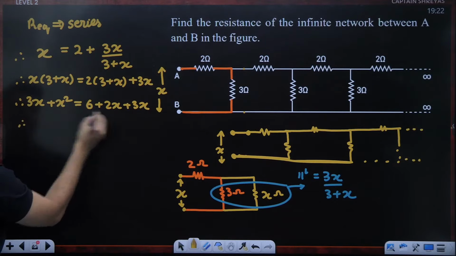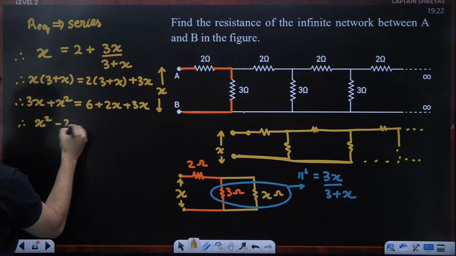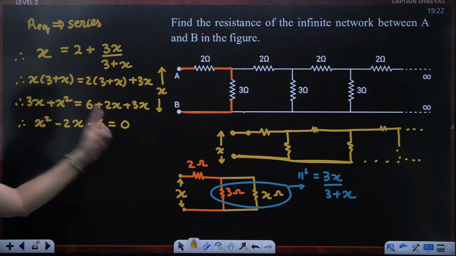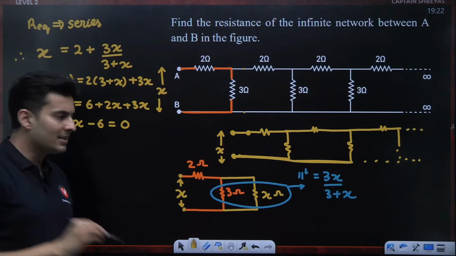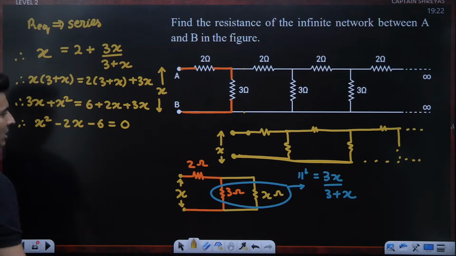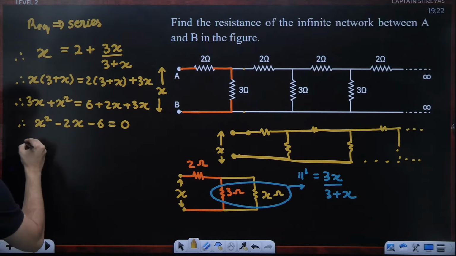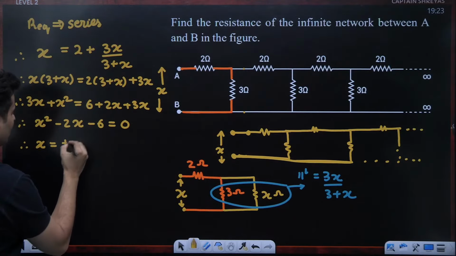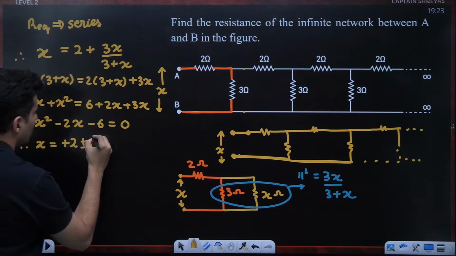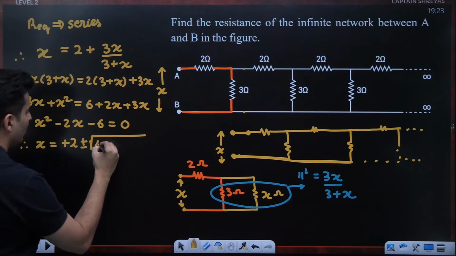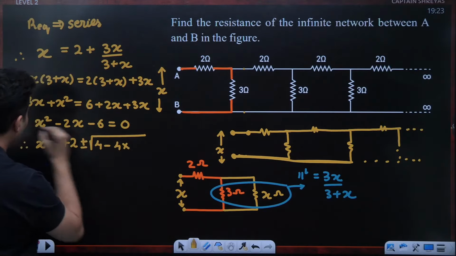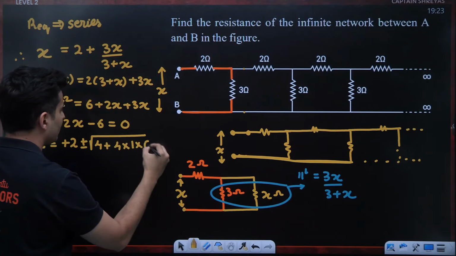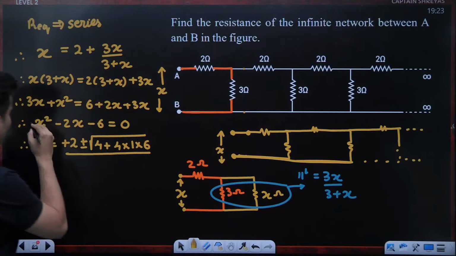3x cancels, 2x comes on the other side. So x square minus 2x minus 6 is equal to 0. This is the quadratic equation which I am getting, which means I will definitely get two roots. So x is equal to minus b, meaning minus of minus 2, which becomes plus 2, plus minus root of b square, which is 4, minus 4 into a, which is 1, c, which is minus 6, so it will become plus 6 over here, whole thing divided by 2 into 1,